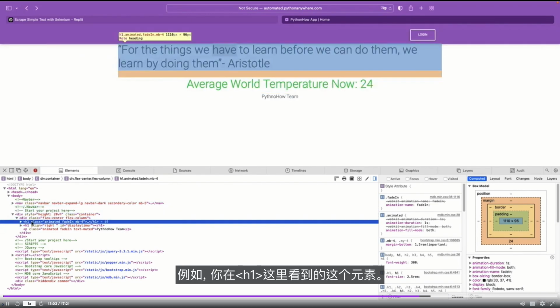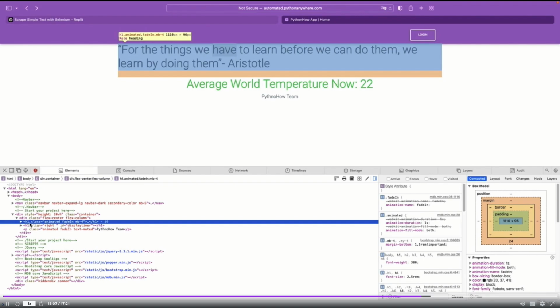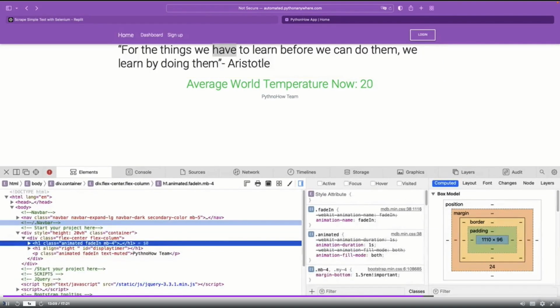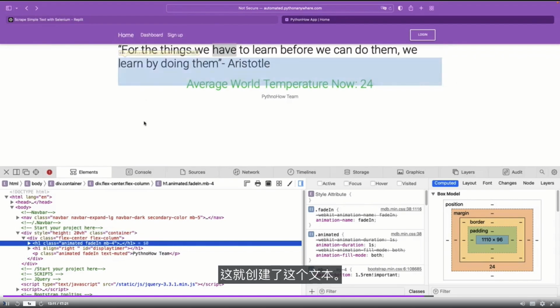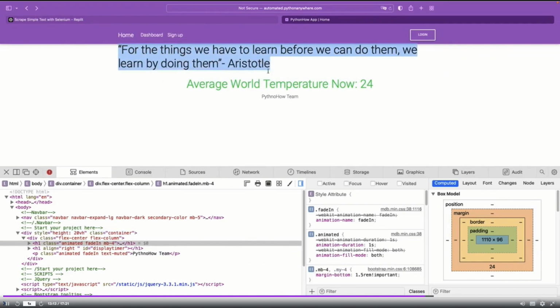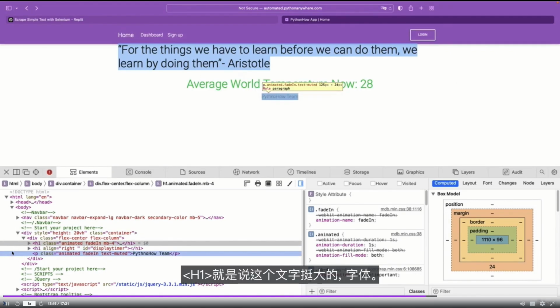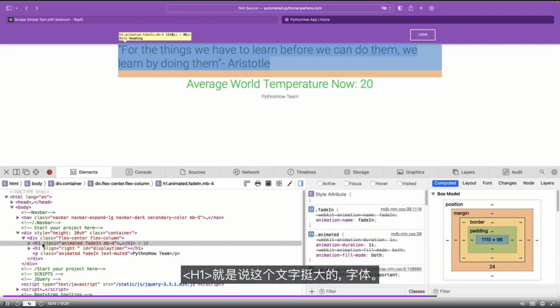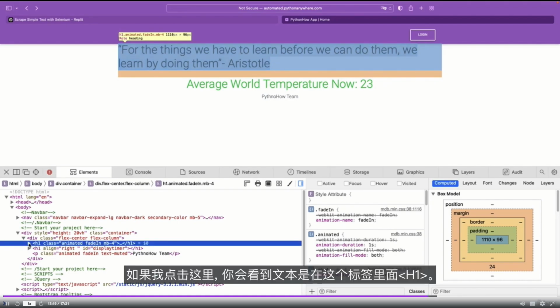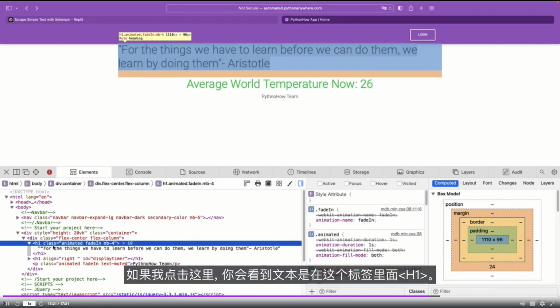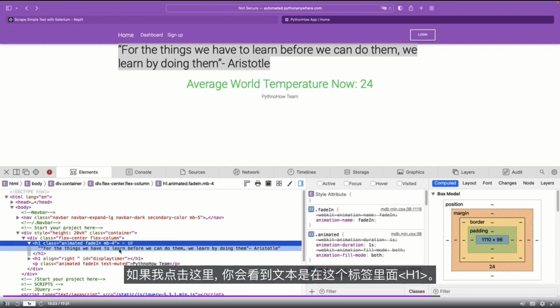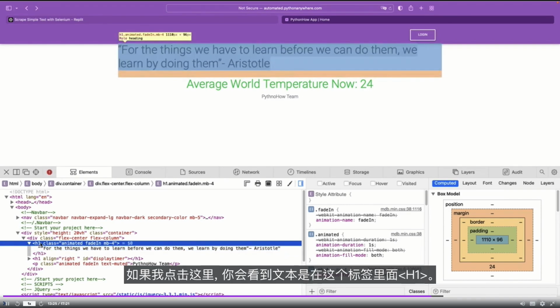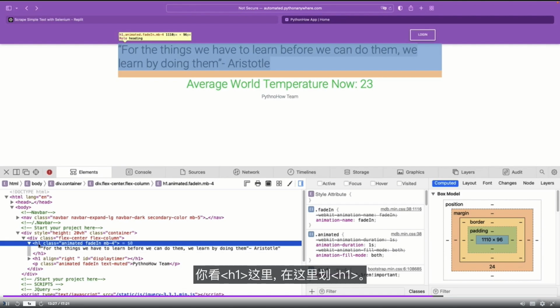Anyway, a web page is made of HTML elements. For example, this h1 element that you see here creates this text. H1 means the text is quite big, the font. And if I click over here, you see that the text is inside these H1 tags. So you see h1 here, slash h1 here.